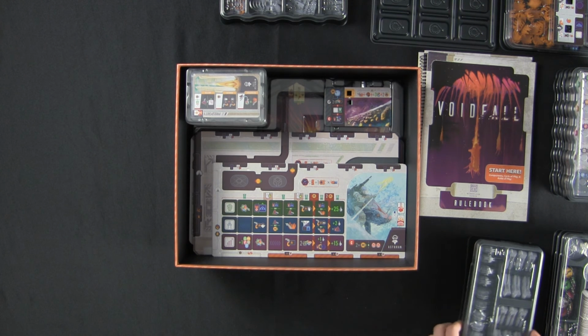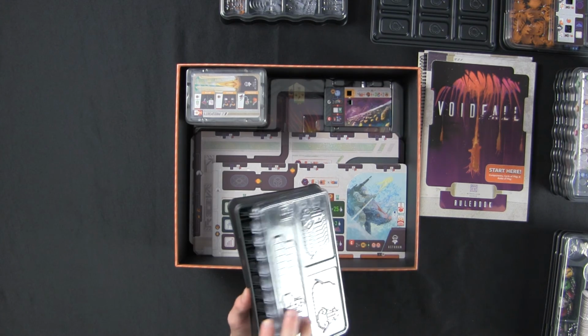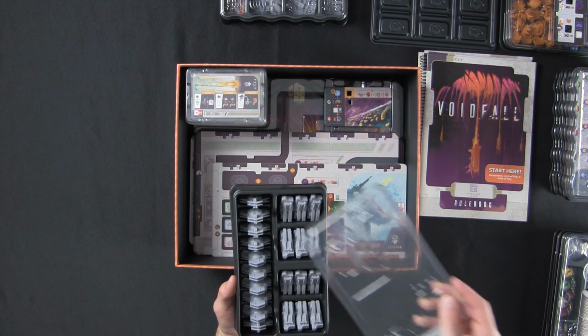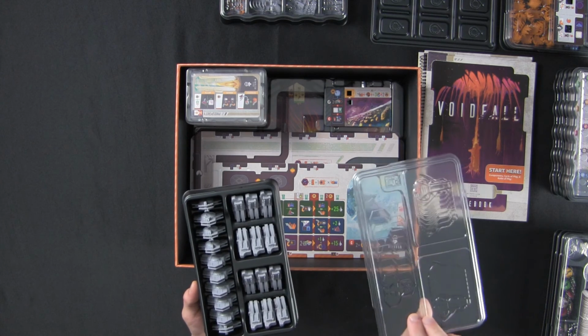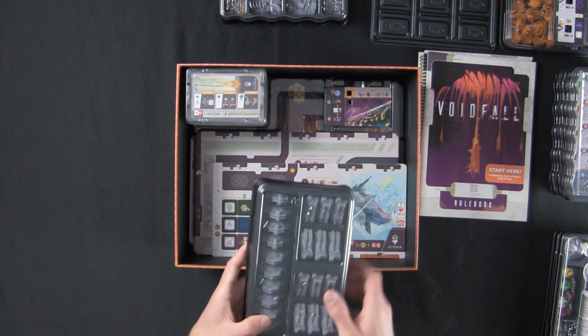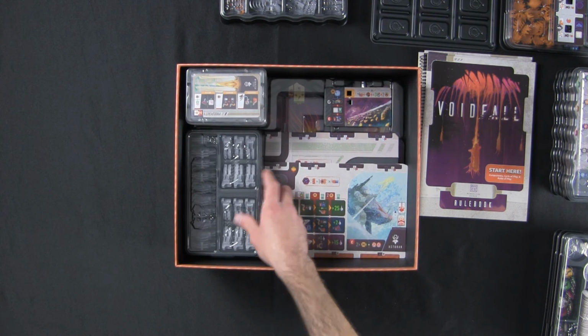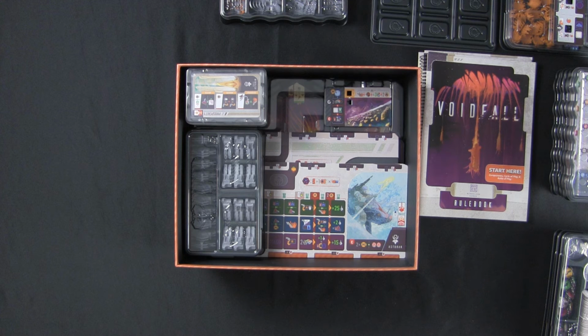They're going to take this tray, which has your dreadnoughts and your carriers, and the lid kind of helps you to know that that's where they go as well. There's reminders. That's going to go right here. Now the player